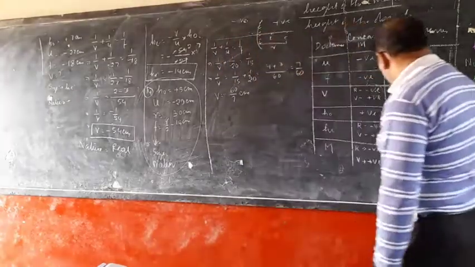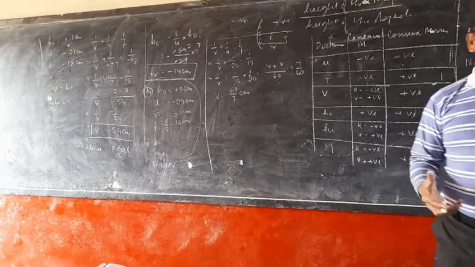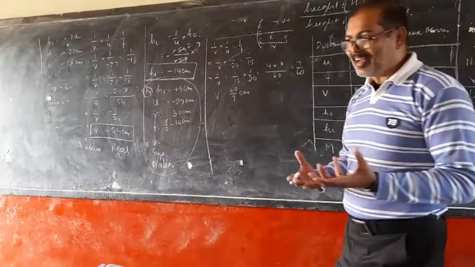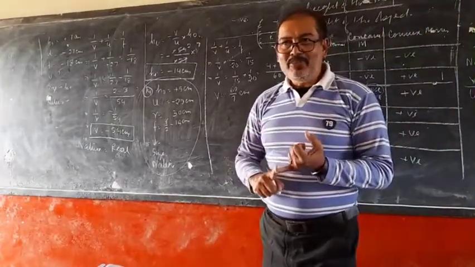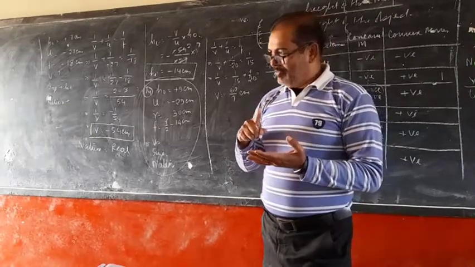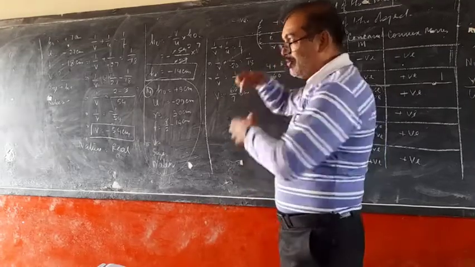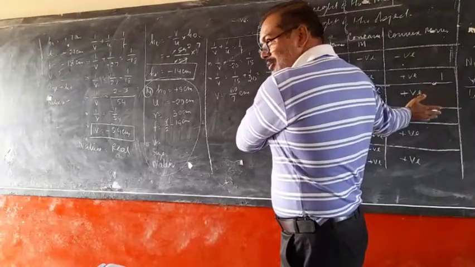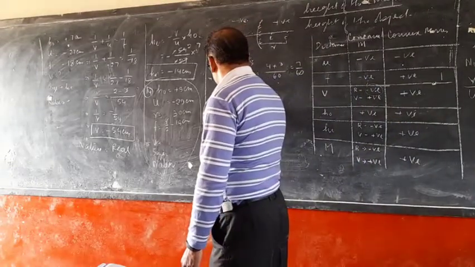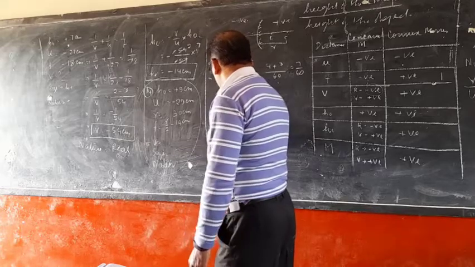Now, from this chart, in the convex mirror, no doubt it is always virtual. Wherever a convex mirror comes, children, the nature of the image is virtual, and the image distance is always positive, because it forms behind the mirror. So the nature will be virtual. Now height of image.